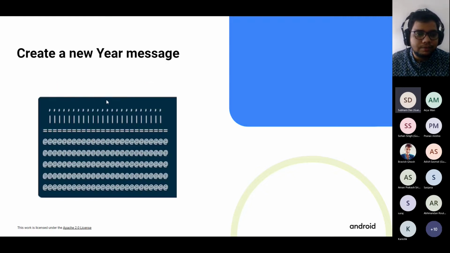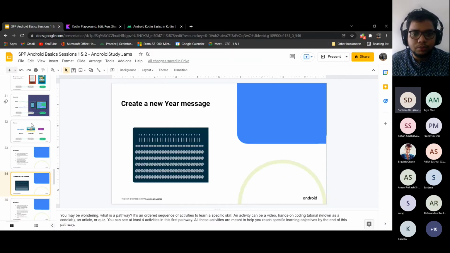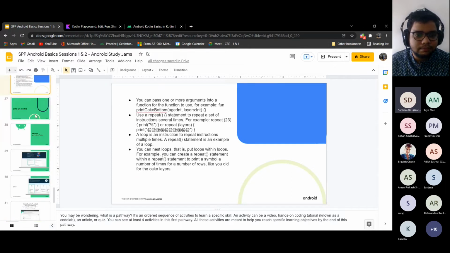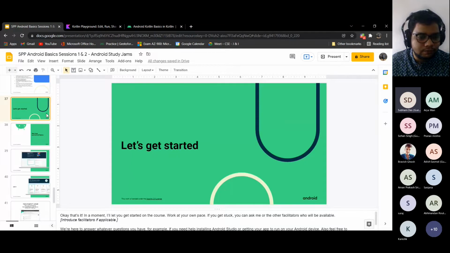This is something that I would like you to work on because it is actually easy, and you can see how you can work with functions and the println statement further. Also, this is something that is there in the code lab. If you are learning from the code labs and pathways, you will see this problem as well, and you can work on that to build applications. Now these are some of the summaries that will be discussed further.